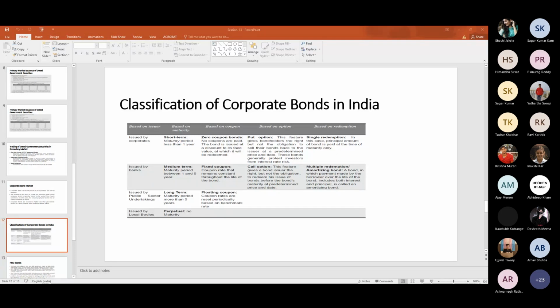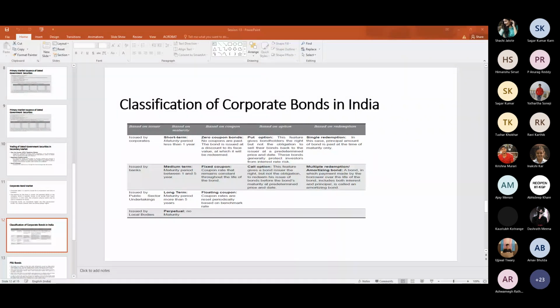In the low interest rate scenario, the possibility of calling back the bond will be high, and it is not profitable for the investor, because once the interest rate is low, the investor can sell the bond at a higher price in the market. But if they are bound to sell the bond to the issuer as per the provisions, then they have to sell at the price which is already fixed. The call price is already fixed. So that's why it is risky from the investor's point of view.